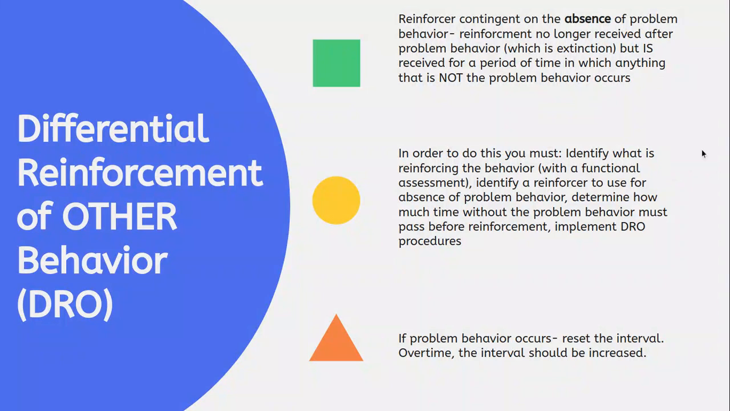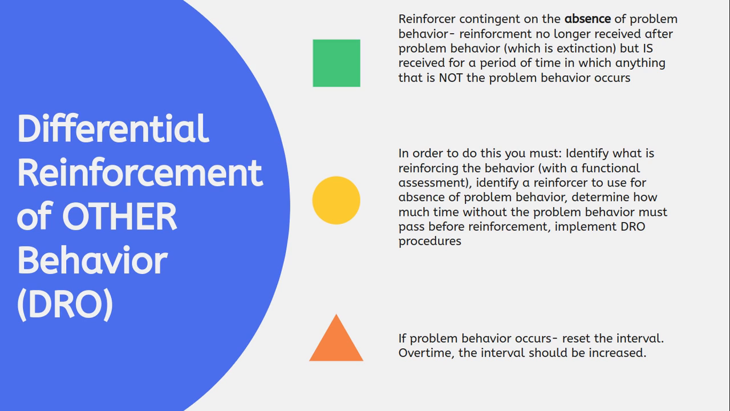So first I'm going to discuss differential reinforcement of other behavior. This is also referred to as DRO. So if you see that, that's what this is referring to. So DRO is when the reinforcer is contingent on the absence of the problem behavior. Reinforcement is no longer received after the problem behavior occurs, which is extinction, but it is received for a period of time in which anything that is not the problem behavior occurs. So in this instance, you wouldn't define another behavior to reinforce, it would just be that the problem behavior is